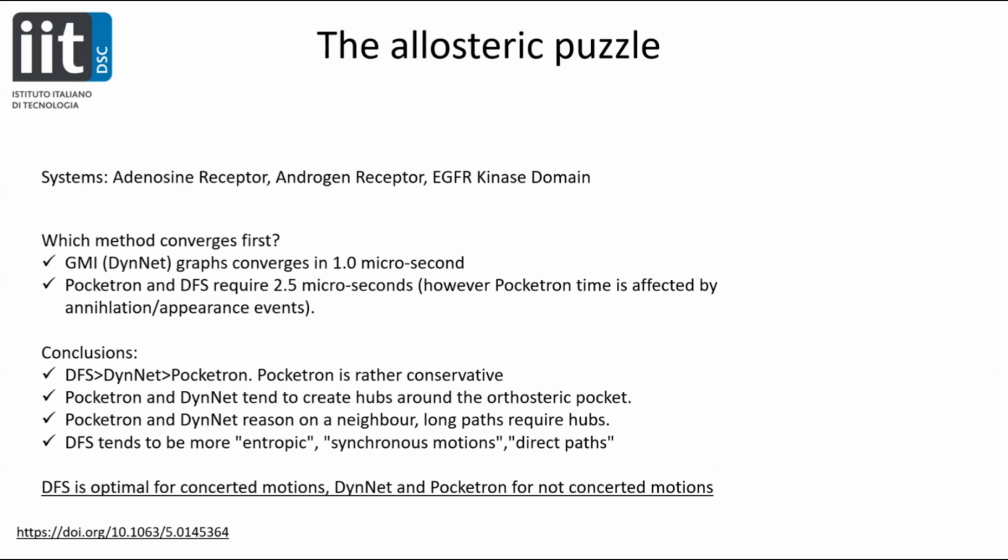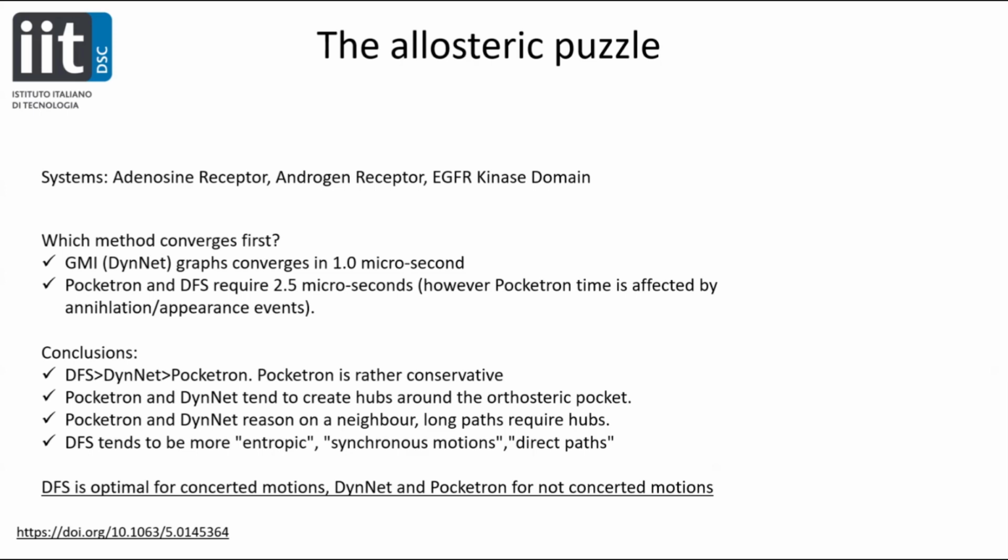So the conclusion is that there is kind of an orthogonal behavior of these tools. They don't actually track the same thing. Pocketron and DINET tend to be rather conservative in giving information. Distant filtration instead tends to give more filtration, particularly at higher distance, because one uses the threshold and the very near residue to avoid the trivial correlation on an alpha helix, for instance.